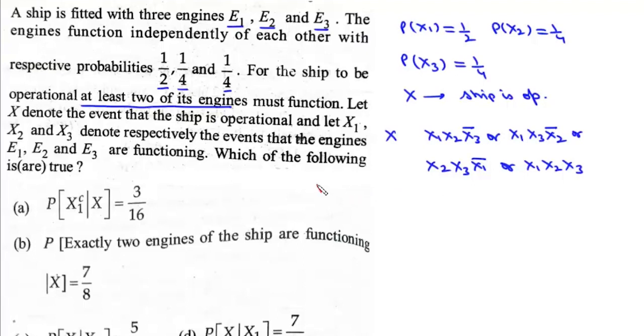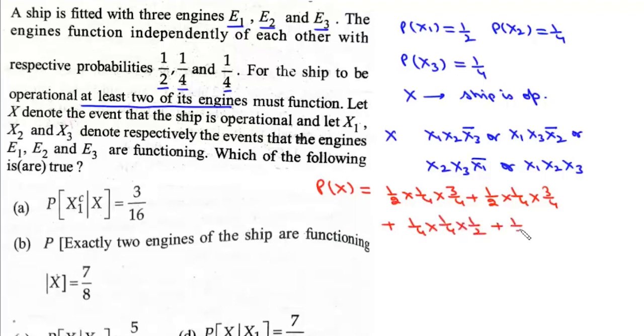Now first we will calculate the probability that this ship is operational. Now this probability will be 1 by 2 into 1 by 4 into 3 by 4 plus 1 by 2 into 1 by 4 into 3 by 4 plus 1 by 4 into 1 by 4 into 1 by 2 and plus 1 by 2 into 1 by 4 into 1 by 4. Now this probability will be 8 divided by 32,